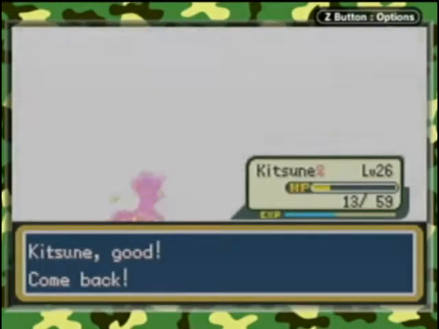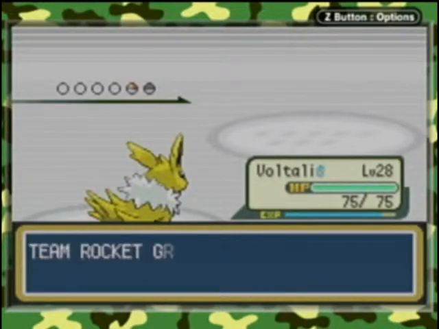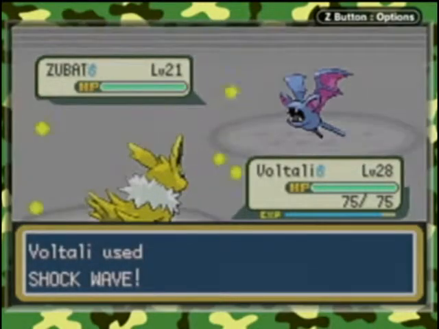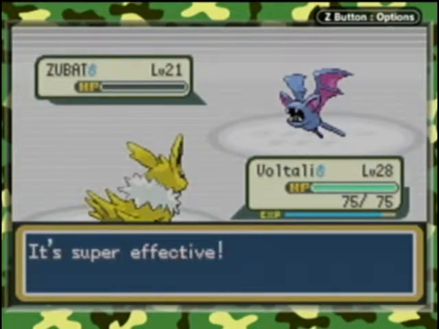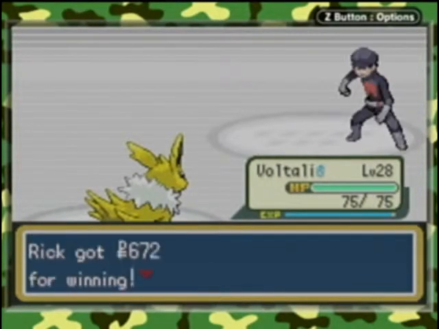We're going to send out Voltali to deal with his Zubat. That's what I really care about. Let's go. He's going to send out Zubat. Like I said, we're going to hopefully take it down in one shot using our awesome Shockwave. Shockwave we got. The problem with Jolteon is, and with all the Eevee evolutions, is that you pretty much need TMs for them to actually be able to get moves, or just breed moves onto them, of course, from other